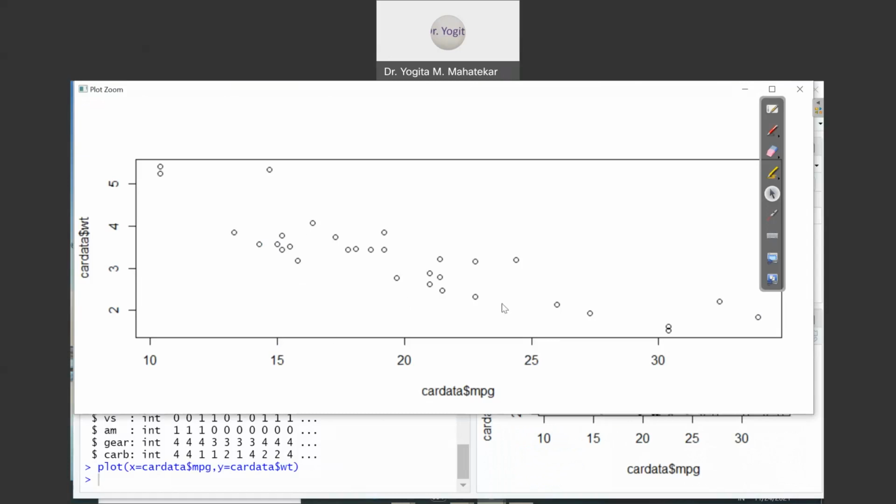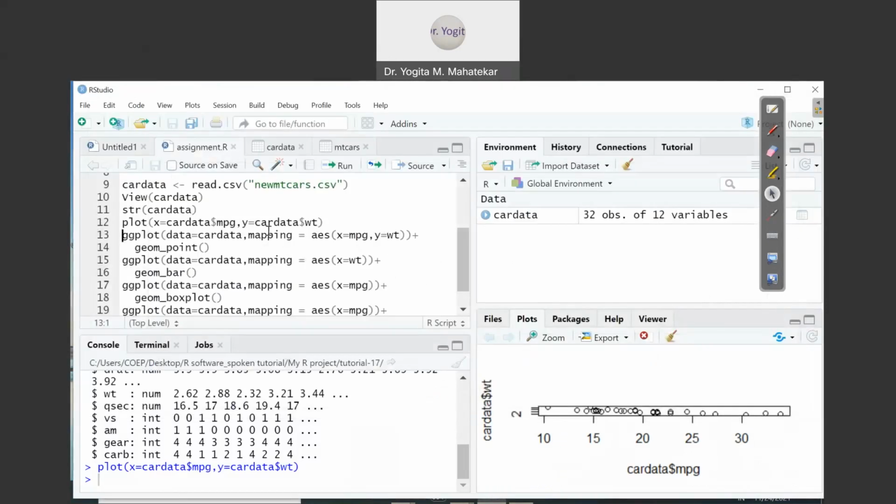If I zoom it, it looks like this. So mpg versus wt we have plotted inside this scatter plot. Now using ggplot2, you can plot the same variables, mpg and wt, versus each other, and of course that is also a scatter plot, but with proper scaling and the point form, instead of those empty round points that appeared in the simple plot command.